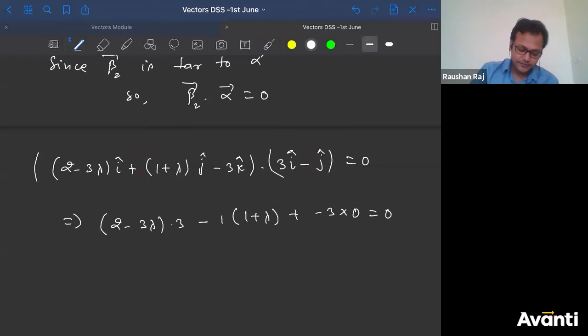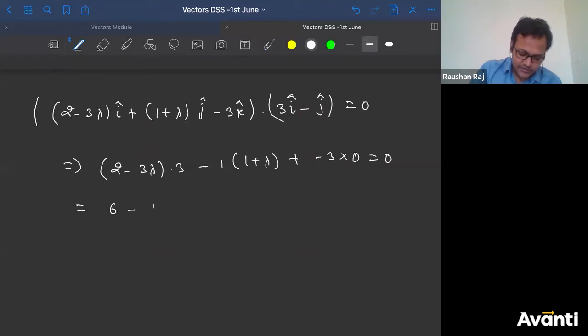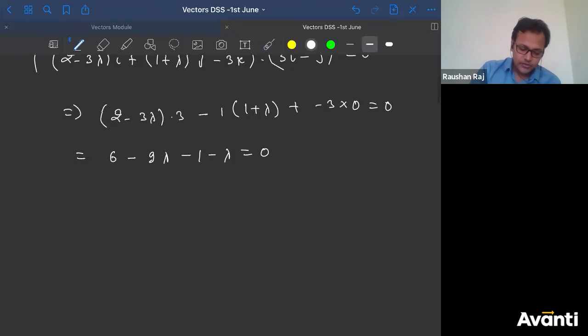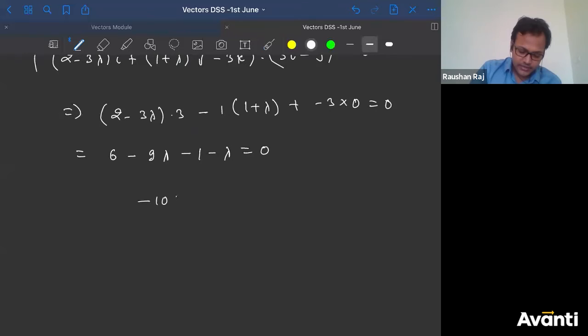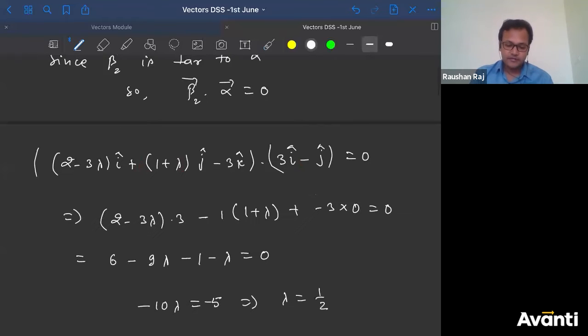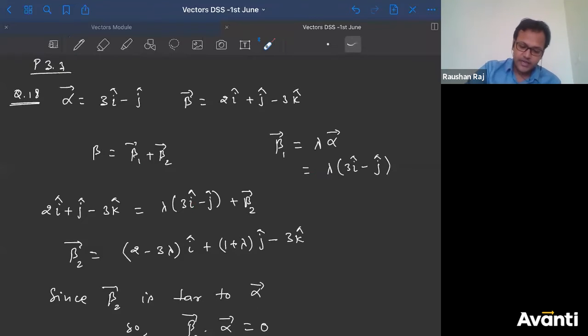Now calculate it. So you'll get 6 minus 9 lambda minus 1 minus lambda is equal to 0. So I'll get here minus 10 lambda is equal to minus 5. So the correct answer is lambda is equal to 1 by 2. Once I know the value of lambda, that is 1 by 2, can I say now I can get this